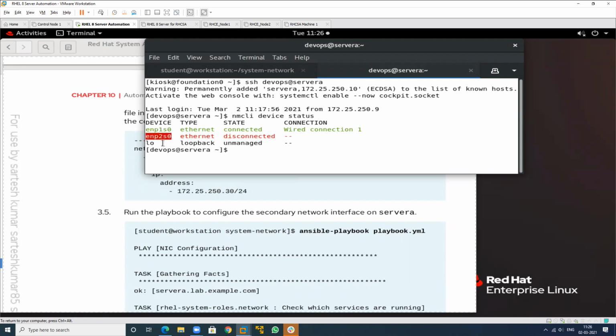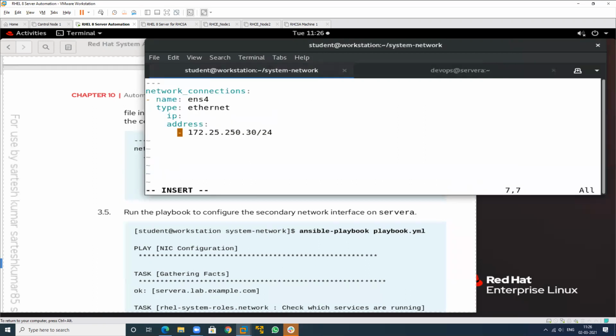So this is ens2s0. So I will use just this value. So remove this. This is my interface name. In this, the IP address will be applied. This is the type, IP address. This is the IP address. Okay, just use this. Write and quit.